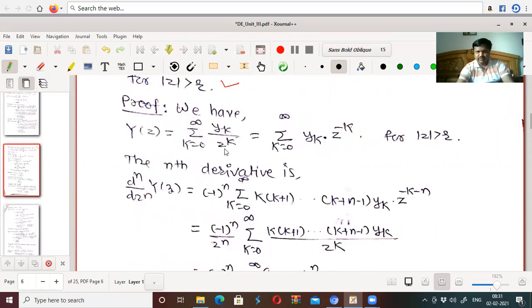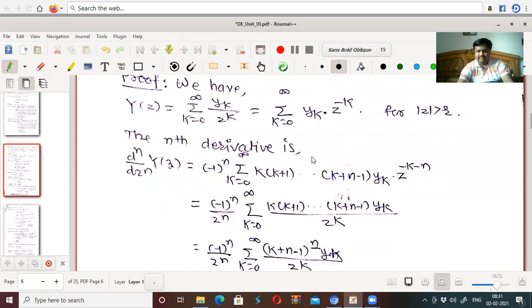We will prove it. We know that capital Y of z, that is Z of yk, is equal to summation k from 0 to infinity yk upon z to the power k, which is equal to summation k from 0 to infinity yk into z to the power minus k, for mod z greater than r. If I find its nth derivative, what will we obtain? The nth derivative d^n y upon dz^n of Y of z equals,